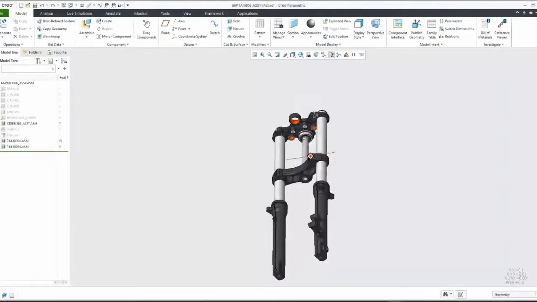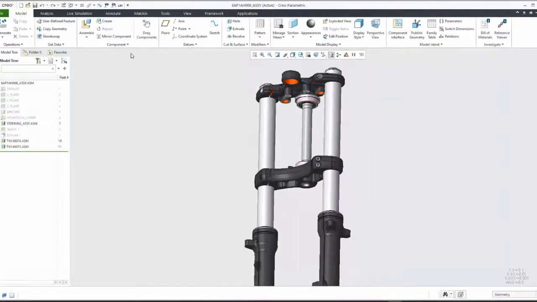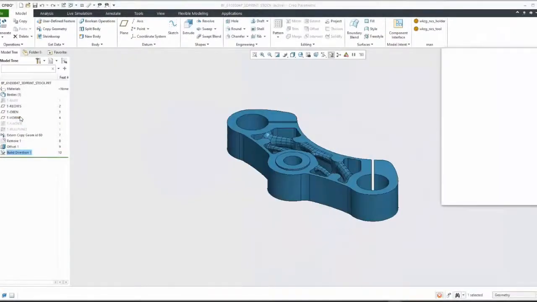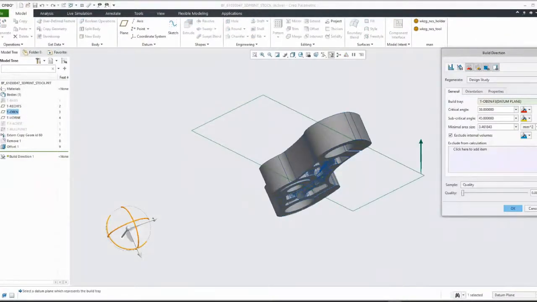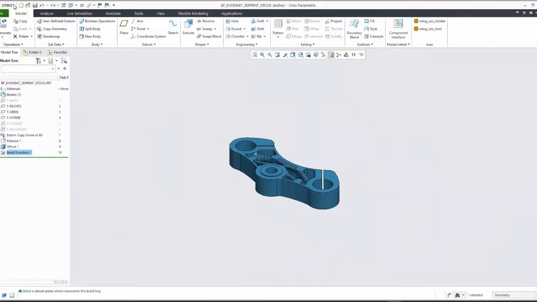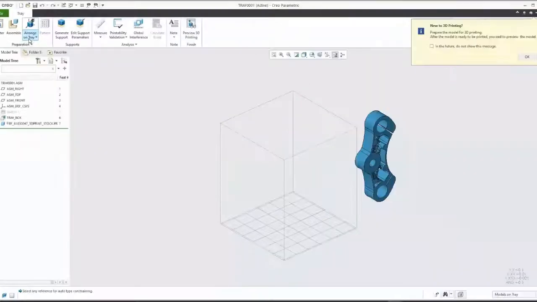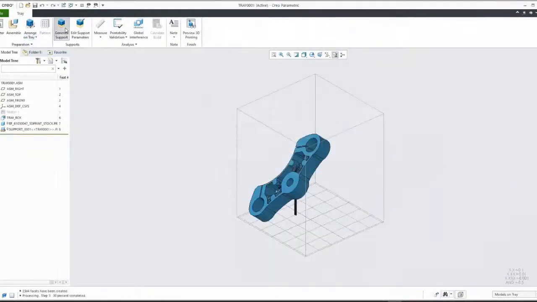Product design is changing, so should your CAD software. Introducing Creo 7.0, the most innovative and powerful 3D CAD software on the market today. Additive manufacturing is changing the way products are designed and produced. Creo already offers the most comprehensive suite of additive manufacturing capabilities in the market today, and Creo 7.0 continues this